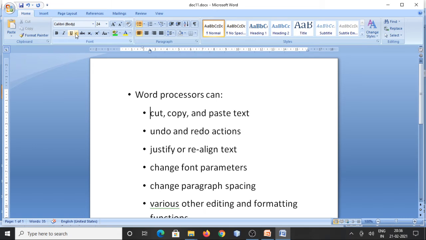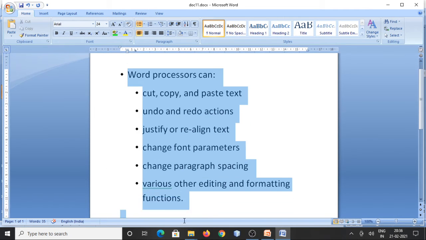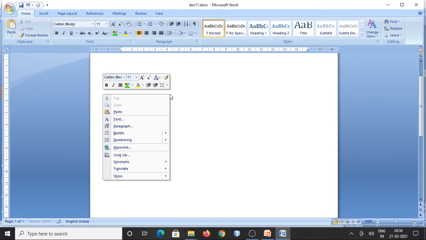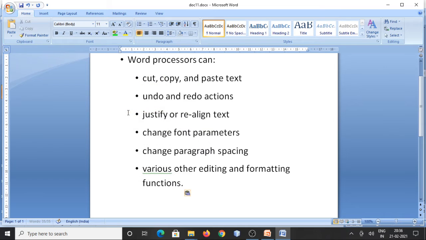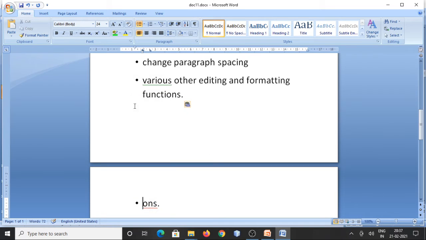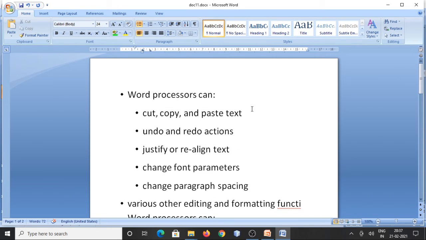Then I select all those things once again and I will cut this and paste this, and next I will copy the same thing on the below side. So this is paste. So cut, copy and paste are also called word editing.